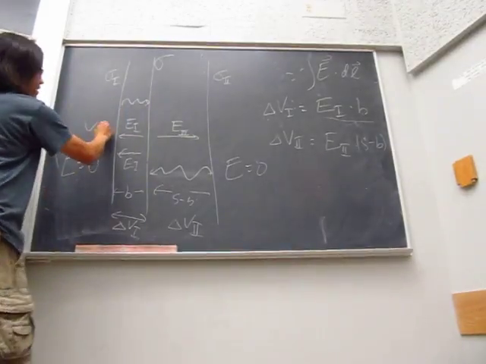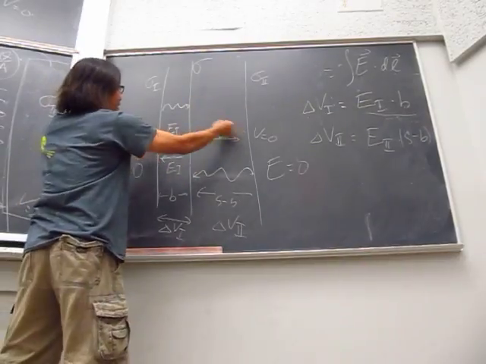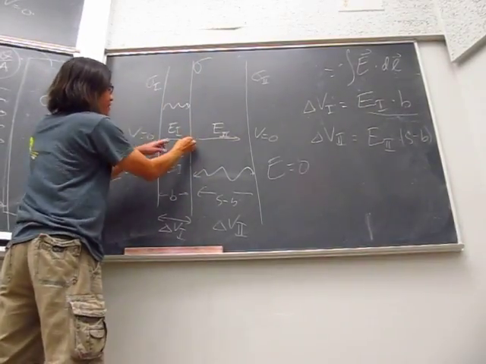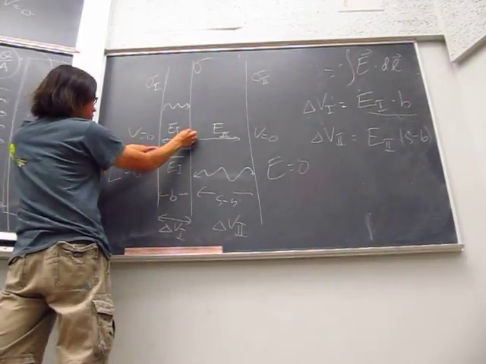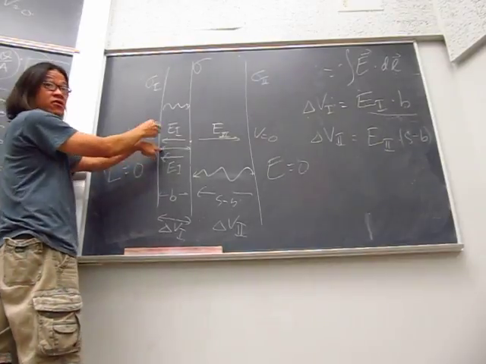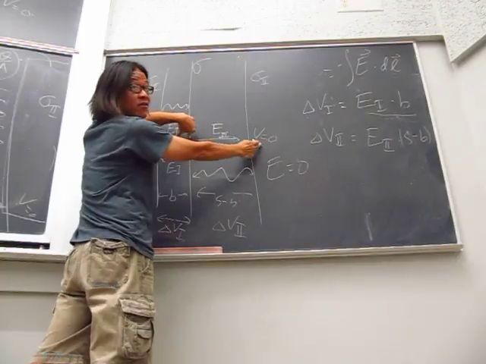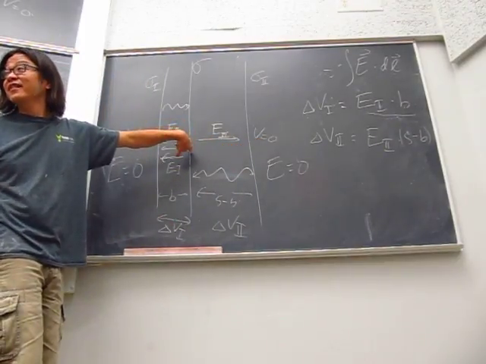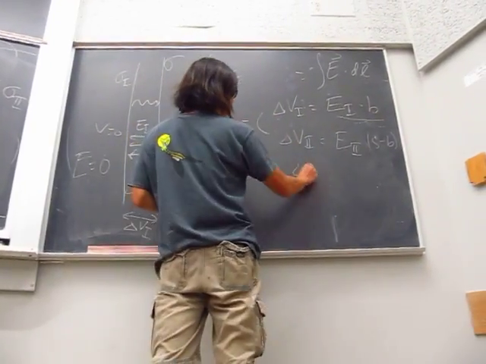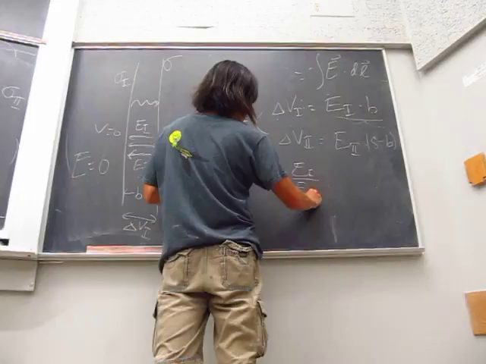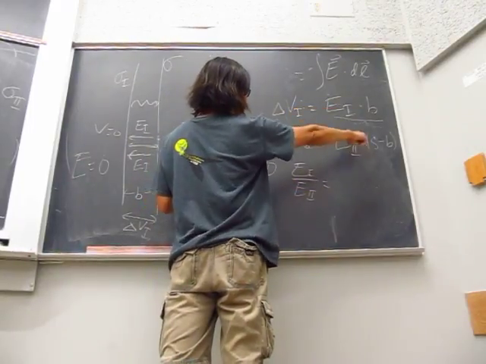The potential is 0 here, the potential is 0 here, right? So delta V, it ends up on the same plate, right? Delta V1 is basically the potential difference between this wall with respect to 0, and delta V2 is the potential of this wall again with respect to 0. They have to be at the same potential, right? So this is equal. Right? So I have E1 equal E2 has to be equal to,